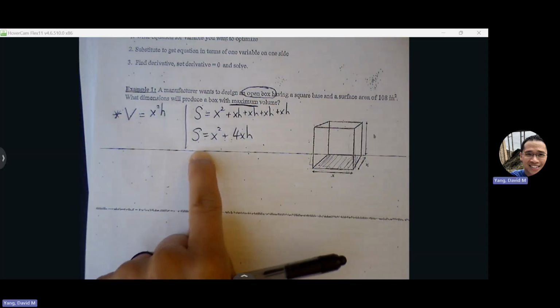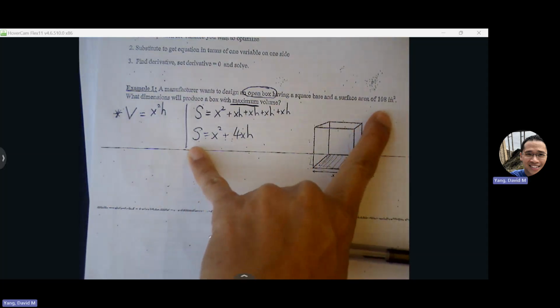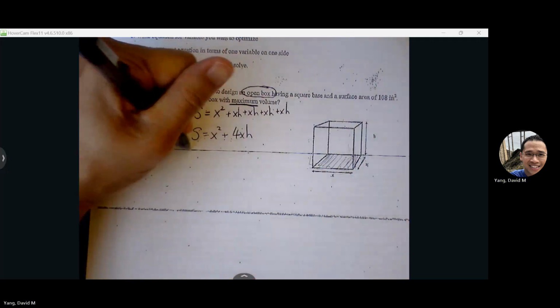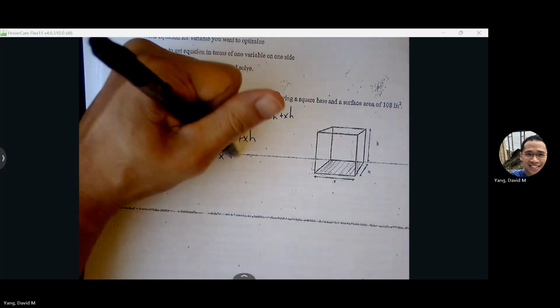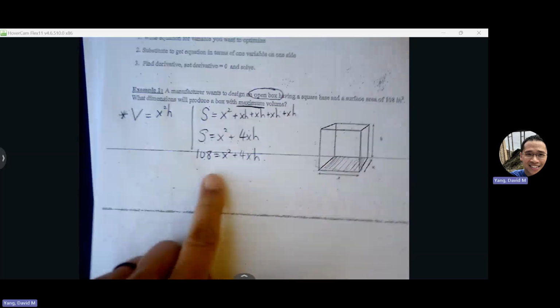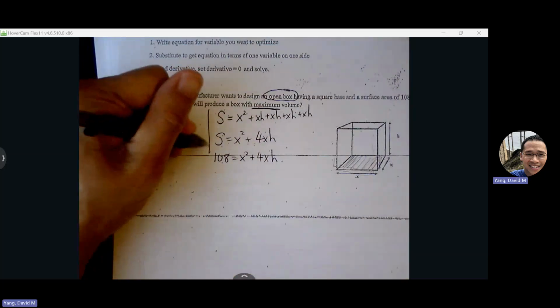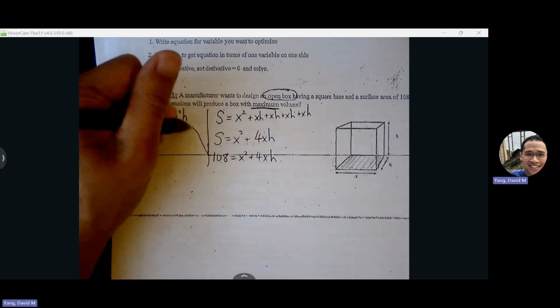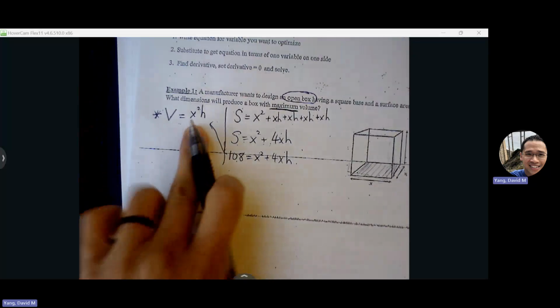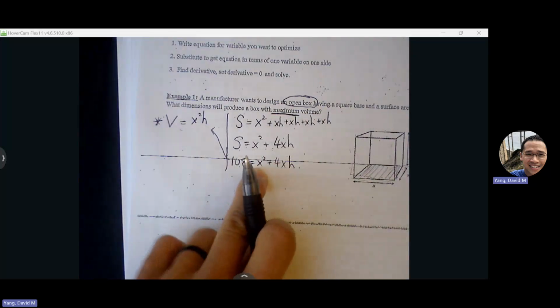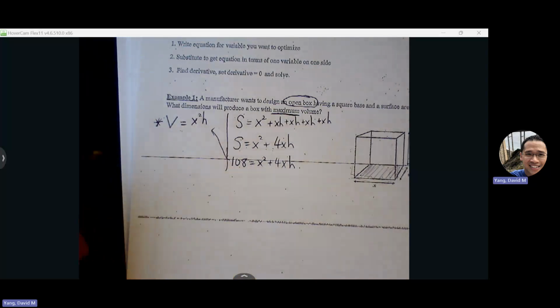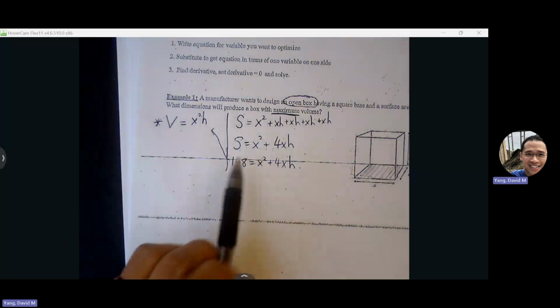They do give us surface area values, so we can replace S with 108. So this is the help equation. We want to use the help equation to get our volume down to one variable so that we can actually do the derivative. Okay, so this is the secondary equation that is going to serve the primary equation. Okay, so if we look,